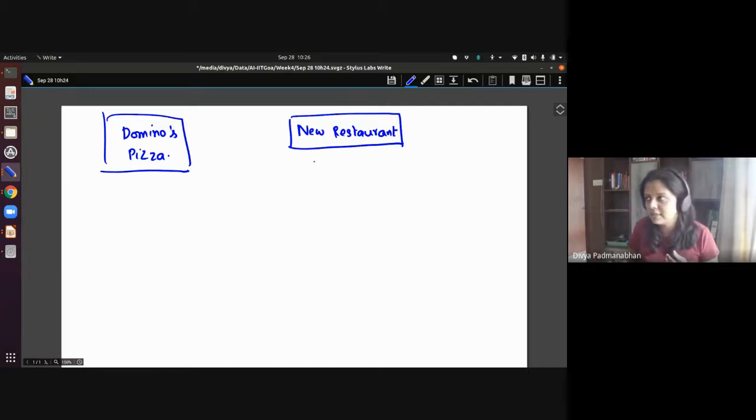In the new restaurant, it could be either a 0 or maybe 100, or let's say even 200. And Domino's is always a constant. They're very consistent. They always give you a satisfaction of 100. So there's a score that you give them. So this is the setting.